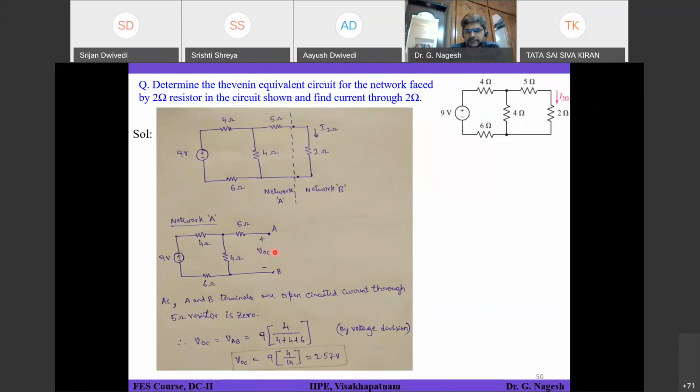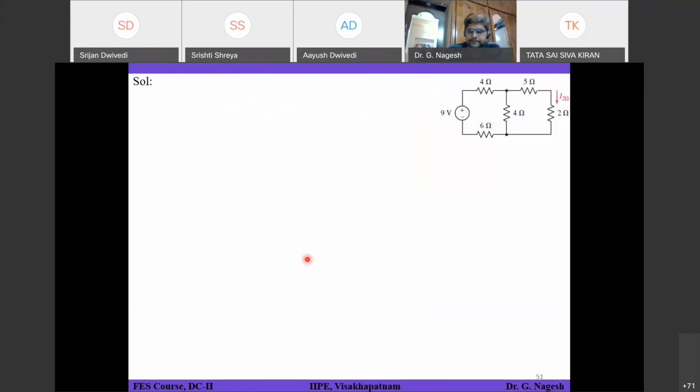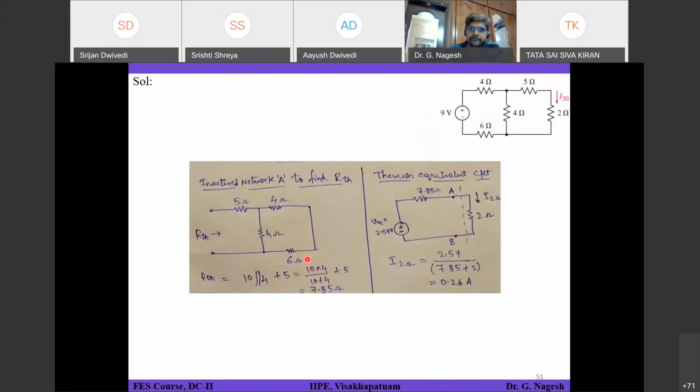Whether everyone is able to understand this or not, I don't know. So to find the Thevenin equivalent resistance, this is what the circuit will look like. Here you have the 9 volt source, which needs to be replaced with a short circuit because the internal resistance of an independent voltage source is 0. So 0 means it's almost like a conducting wire. That we have placed. These are terminals A and B, even though I have not written them here.